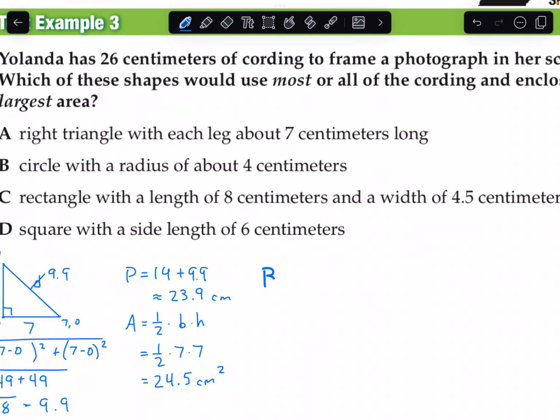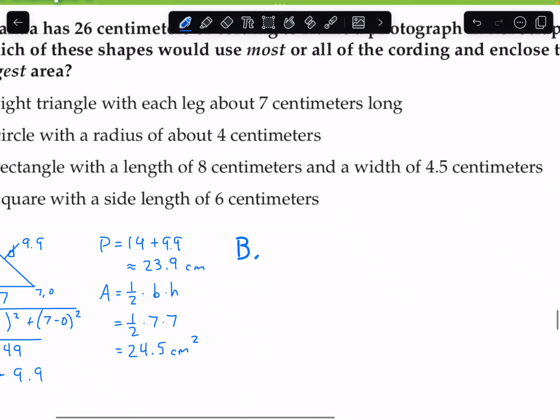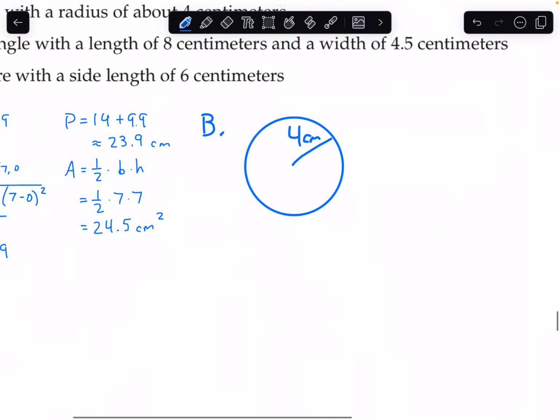Shape B is a circle with a radius of about 4 centimeters. The circumference of a circle is 2 pi r, so that is 2 times